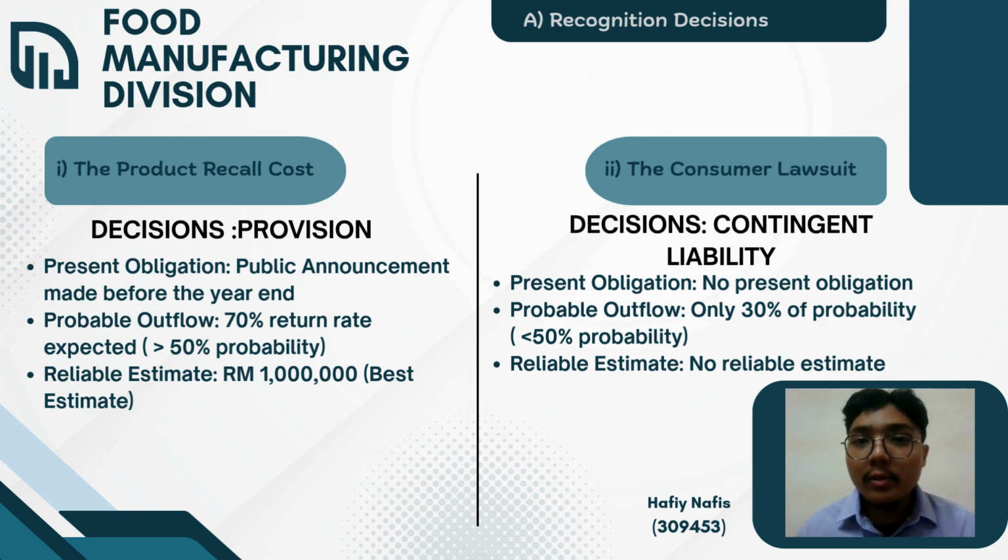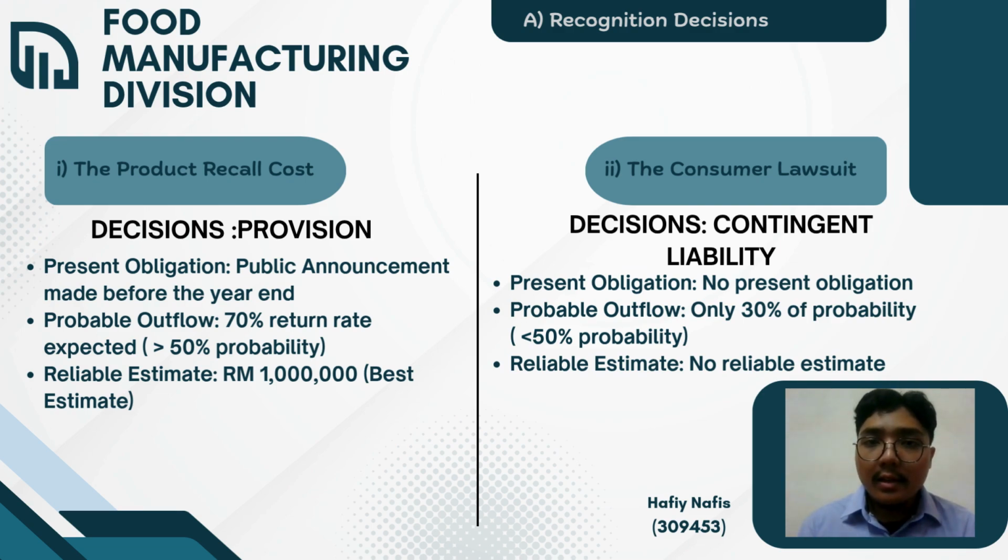And now we will look at the first part, which is part A, where we will do a recognition decision under MFRS 137 for the food manufacturing division. For the first item, the product recall cost, our decision is to recognize it as a provision. First, there is a present obligation because a public announcement was made before the financial statements were authorized. Second, we have a probability of outflow of 70%, above the 50% threshold,